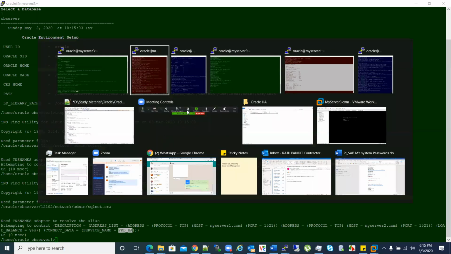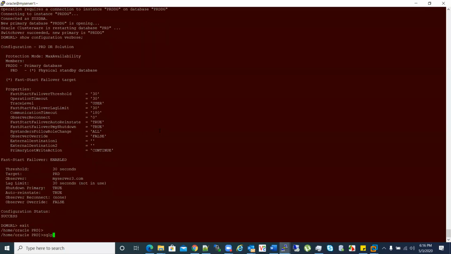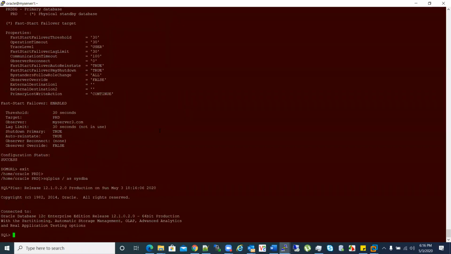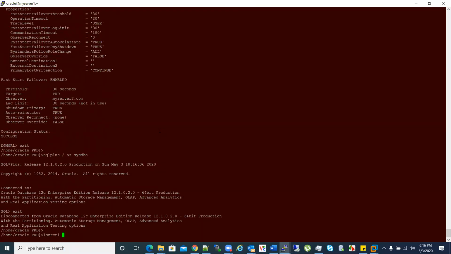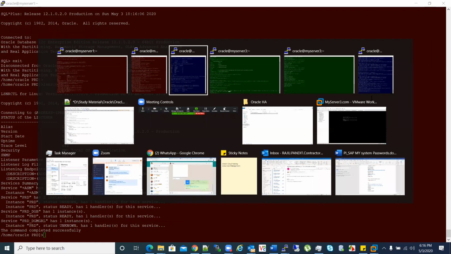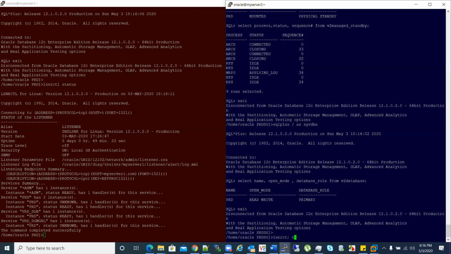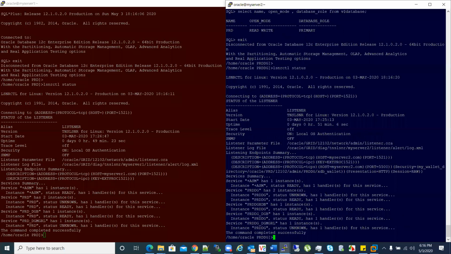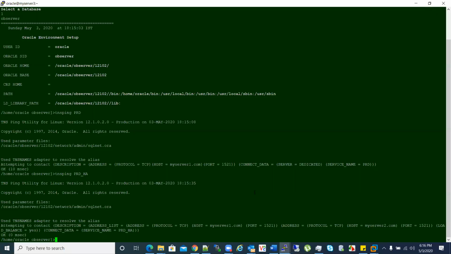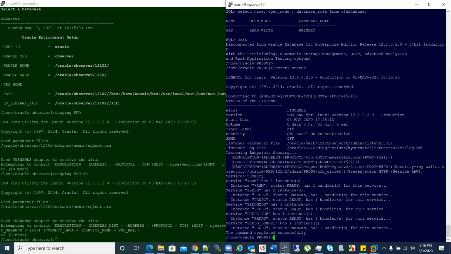Do we have that service already in this database? Let me check this out. I'll go to the red one. Oh, by the way, this is the standby, the red one, right? So I'll not be checking that. I'll check here, lsnrctl status. If you see here, I don't have that service. None of the services got registered. The PRD_HA service is not registered with the listener, and if a service is not registered with the listener, you won't be able to connect to the database. So why did it not? Because we don't have the service. We did not create the service itself.